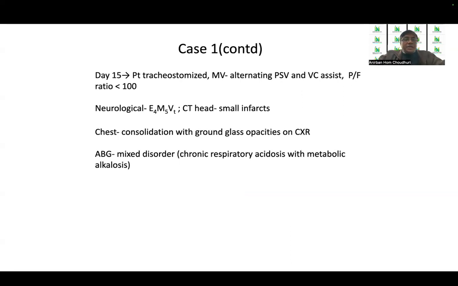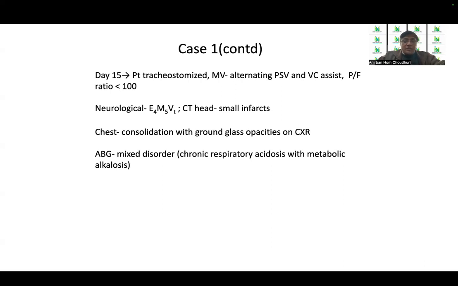Day 15, the patient has been tracheostomized. The mechanically ventilated patient is alternating between pressure support and volume control assist with a PF ratio less than 100. Neurologically, the patient is E4, M5, and VT. The CT head shows small infarcts. The chest shows consolidation with ground glass opacities on chest X-ray, and ABG shows a mixed disorder with chronic metabolic